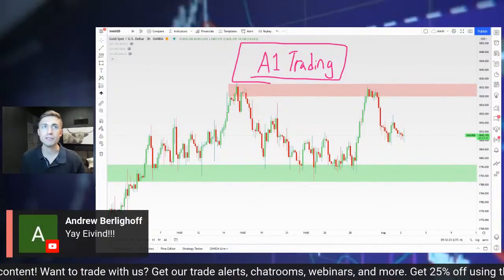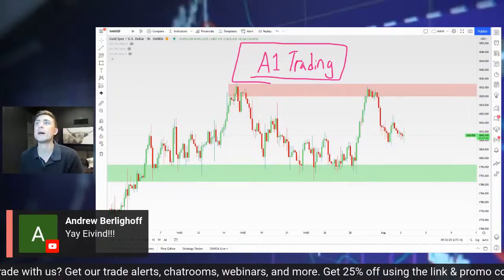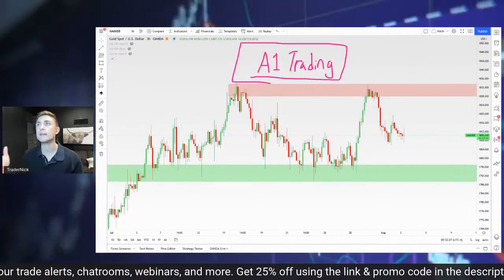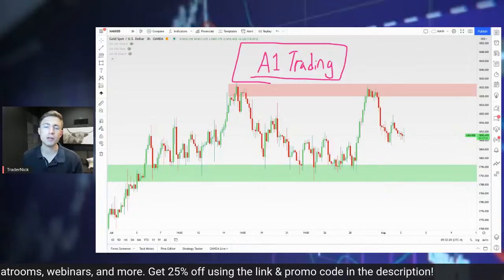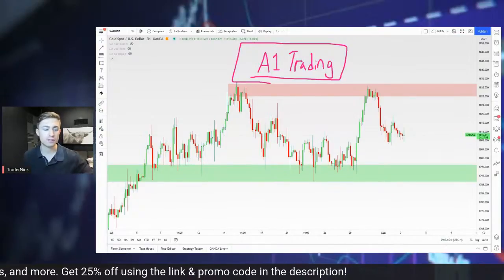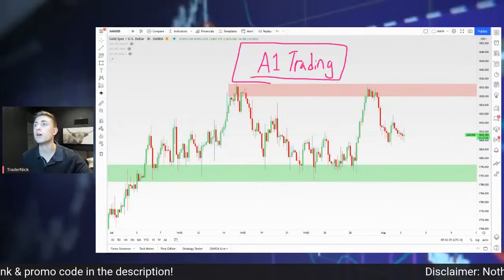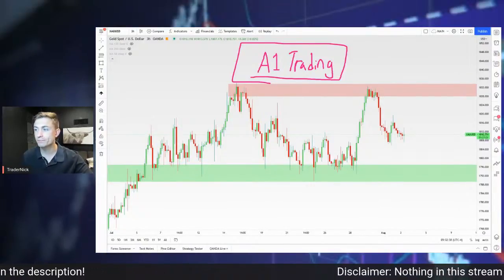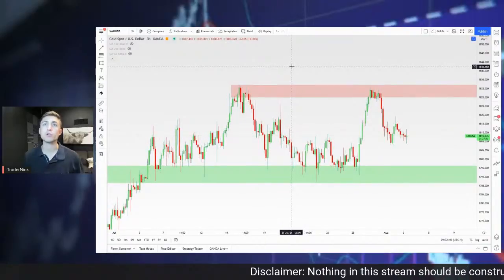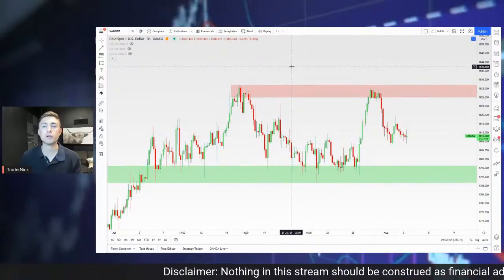Andrew says, "Yay, Ivan!" Yeah, he's coming back. I'm really happy that he's back. He had a little bit of a moving time, so he was moving to Kenya. I think he's starting to get all set though, so should be good to go and back to have him in here. So again, you can catch Ivan on the next show starting in 30 minutes.